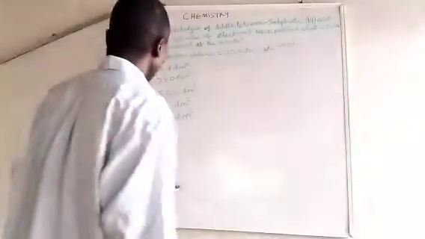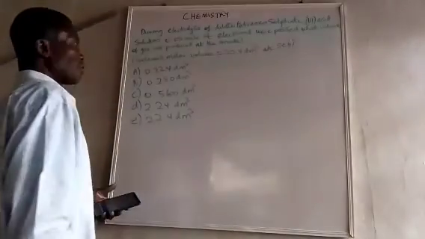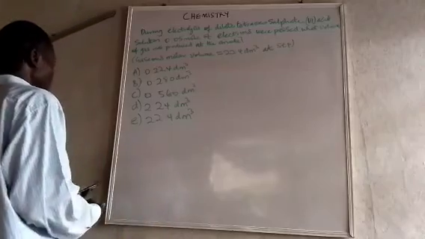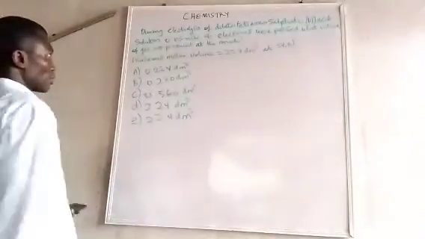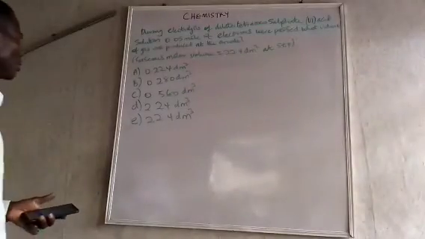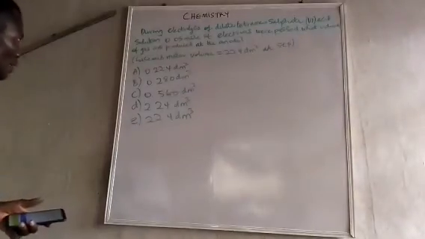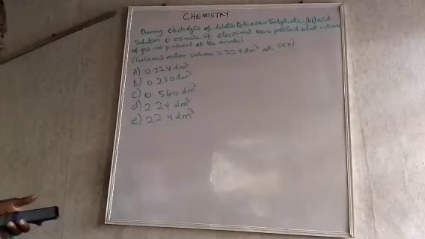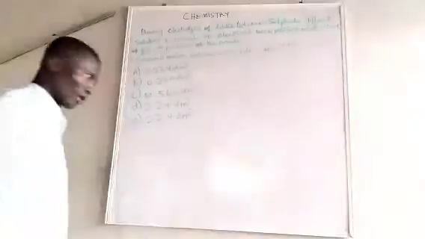In the electrolysis of tetraoxosulphate(VI) acid solution, 0.05 mole of electrons were passed. What volume of gas was produced at the anode? Gaseous molar volume equals 22.4 dm cube at standard state. A 0.224 dm cube. B 0.280 dm cube. C 0.560 dm cube. D 2.24 dm cube. E 22.4 dm cube. What happens is that oxygen